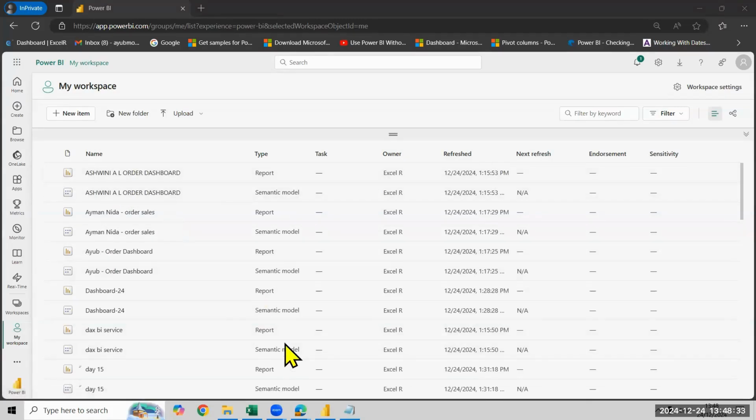Okay, let me just make it clear here first thing. You will get two types of these names twice. Why? Because one is report and the second one is data set. Semantic model, in the sense data set, and one more is report. Report means whatever you have created, and semantic model, whatever data you have loaded there. Got the point? Okay, now let me just show you here. When I click on this,